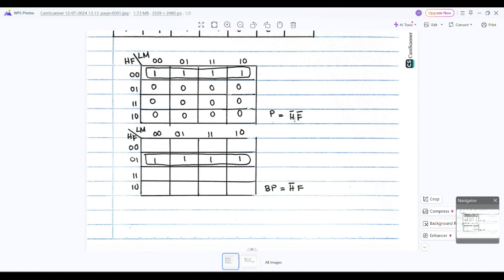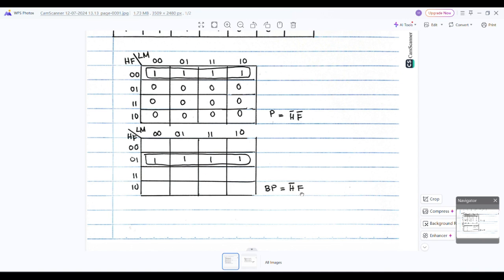Because it's 0, so H bar F bar is the SOP. SOP means that it is 1. Okay. Same for BP. For BP we compare it with the truth table, and then we fill in the KMap,